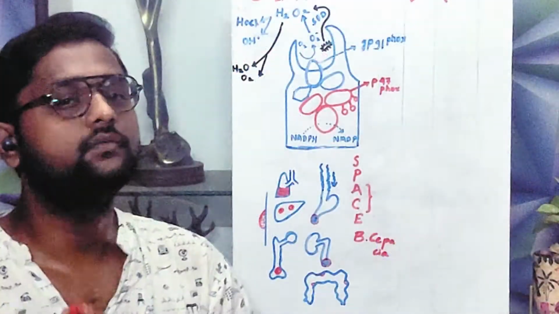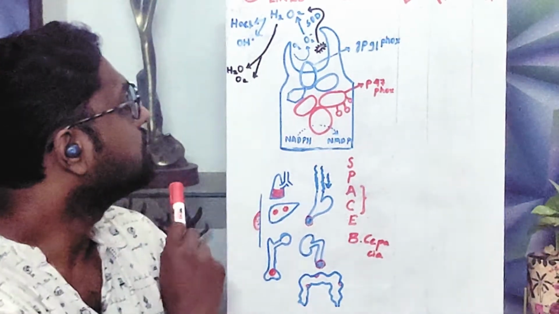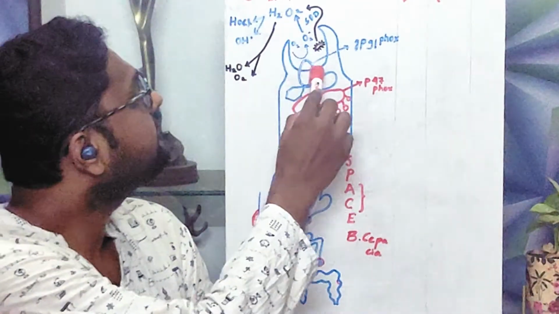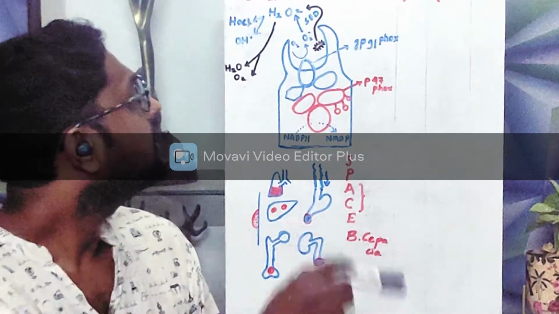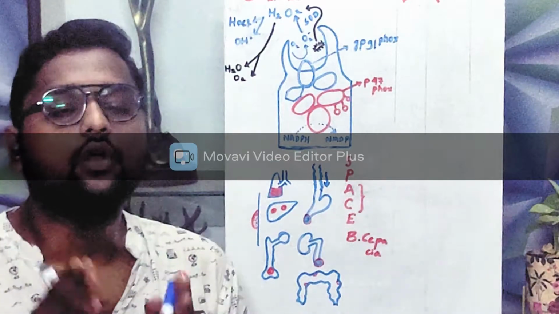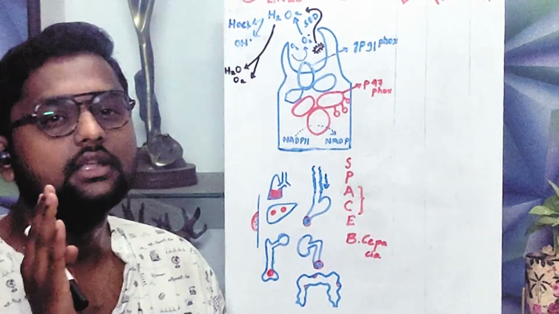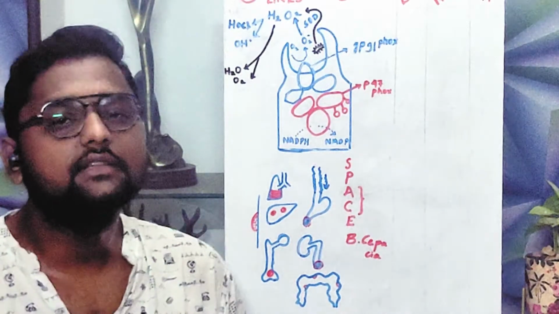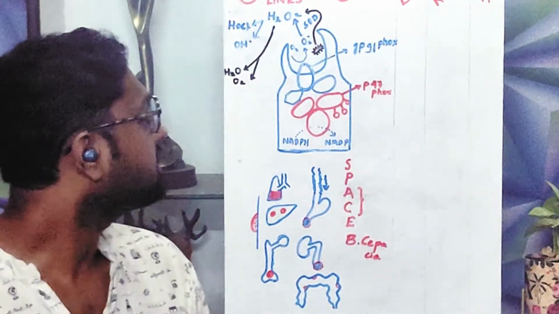To begin with, we shall know the basics. Imagine this is a neutrophil and this is a phagolysosome that has been formed, and this is our bacteria that has been engulfed. Now, chronic granulomatous disease is a disease where there is defective killing. And why does this happen? For that, we should see how killing happens.